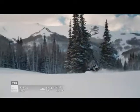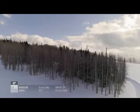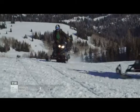Pilot Peak in the Boise National Forest is a snowmobiler's heaven. But behind its rugged beauty lie a multitude of dangers. When an Idaho couple is delayed on an afternoon ride,